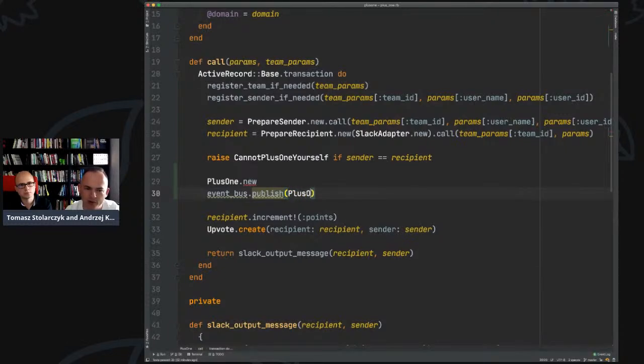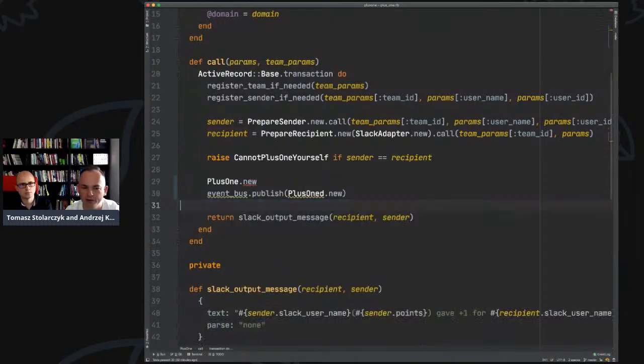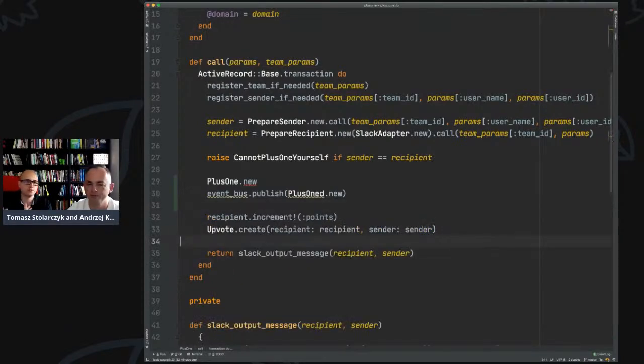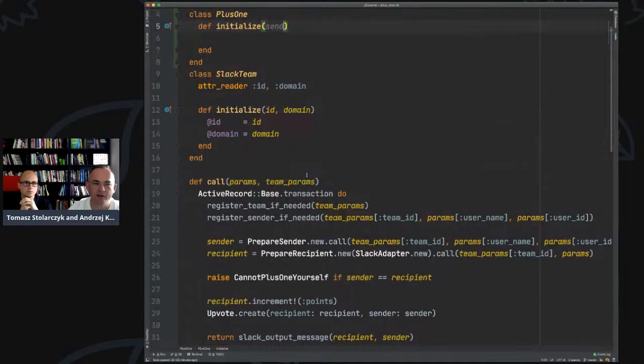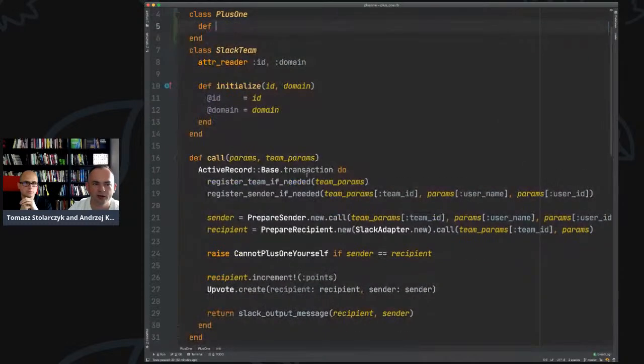I'm not even sure the +1 is a good name. So we would create an event, and those two would disappear, and they would be handled somewhere else where you would say event bus subscribe +1, and then update those read models. Because then recipients and upvotes would be the read models. Yes, exactly. That would be good. So I will just revert the last changes. Actually, the idea of a value object, I really like it as well. I was thinking whether some kind of aggregate way of doing it would be okay.